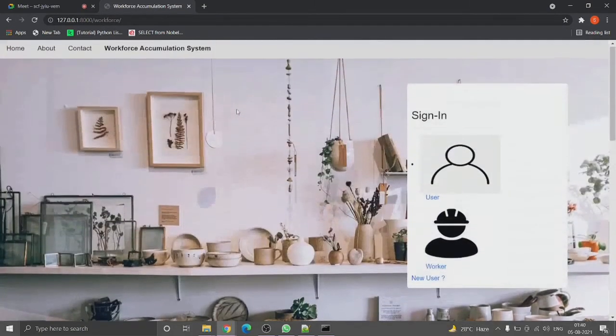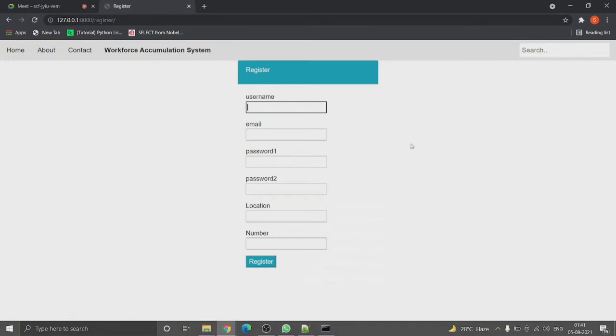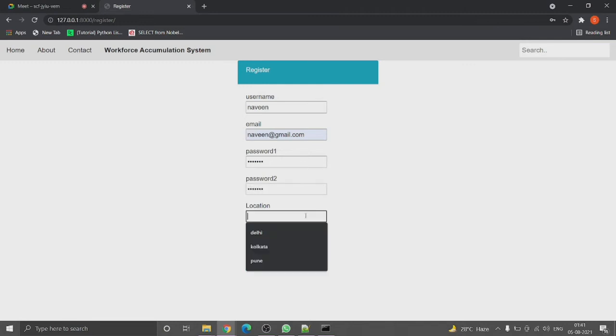Now I'll show you how a new user can register himself or herself. He can provide his username, email, password, location, and number, and then he will be registered as a user. For the user to be registered successfully, both passwords should match, or else the user won't be able to log in.